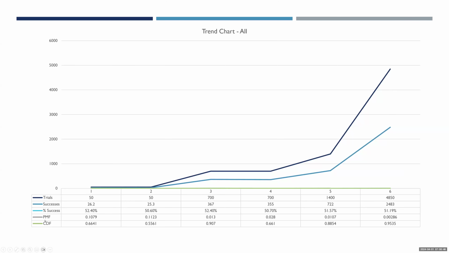This was a trend chart that was put together by a student, and I always like to show the impact of scale. You can see here that they are trying to show trials, successes, percents of successes, probability mass function, and cumulative distribution function, all on the same graph. We have values as low as 0.00286 and values as high as